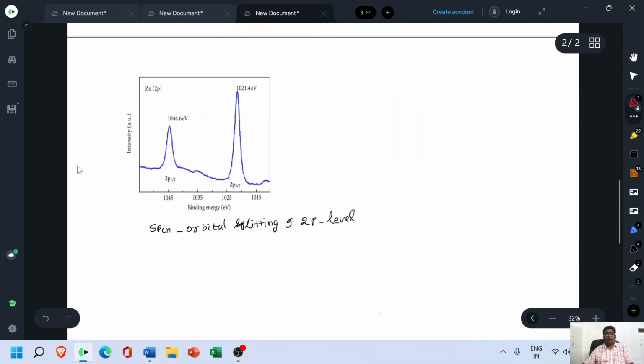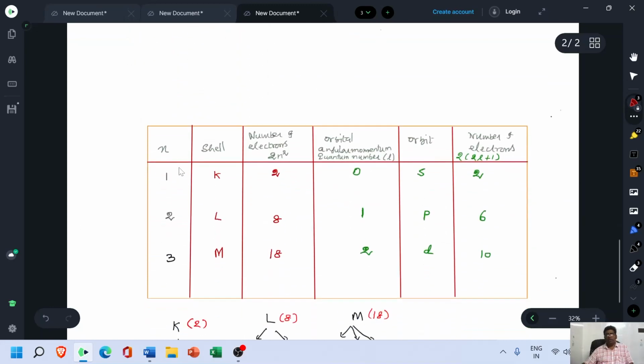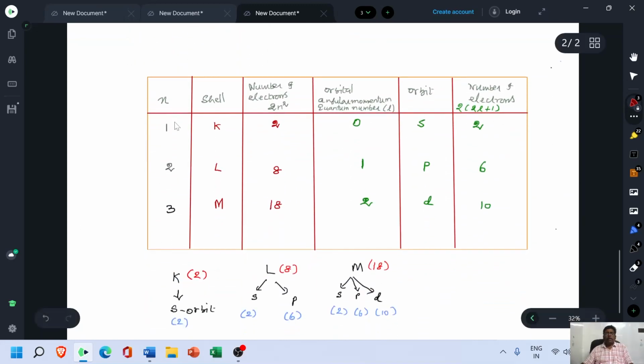Now this is the XPS of ZnO, spin orbital splitting of 2p level. To understand more about this, you should know this table. Here n stands for the principal quantum number, n equal to 1 corresponding to K shell,